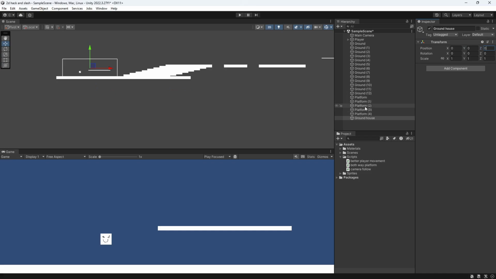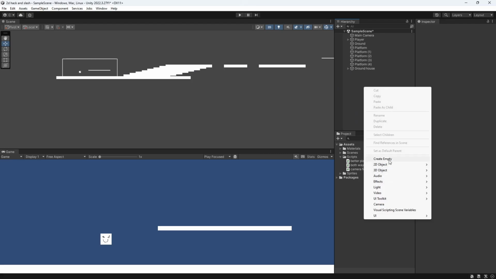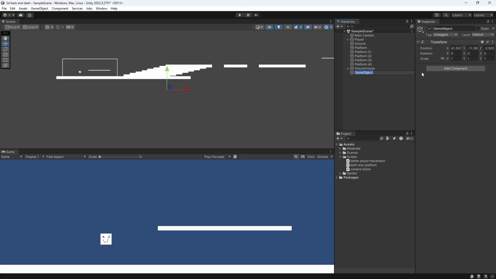All right, set the position to 0, and then click, click, bam. Then we go right here, create empty, flat,